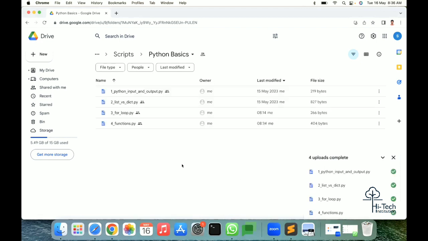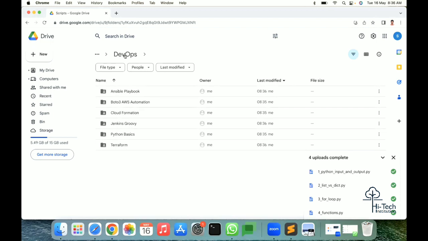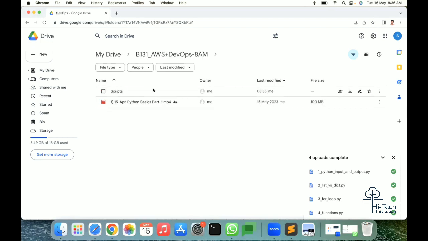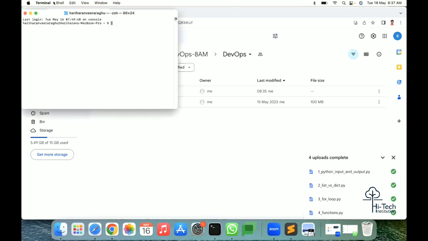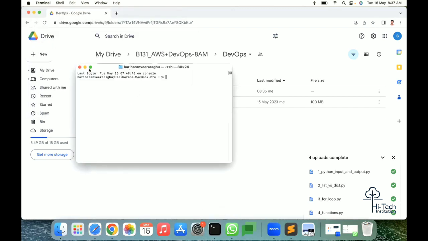Okay, you can go and have a look at it. Fine. Now it's time to install Boto3 on your machine. On my machine, I have already installed Boto3. How am I telling that? If you look at